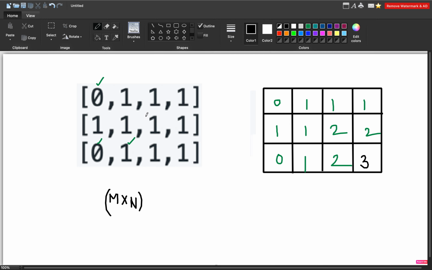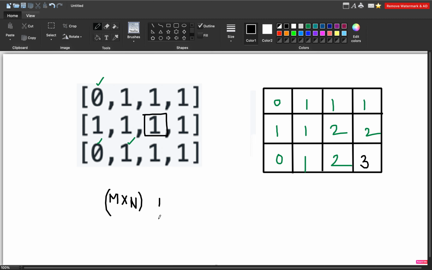Now if you are at this particular index, you will try to explore all the possibilities. And which possibilities? Basically the lengths of the squares possible. Like if the length of the square possible is 1, that will be one case. You will be checking all the ones in it, like does it have all the ones or is it having 0 also. If it is having 0, then you won't consider it.